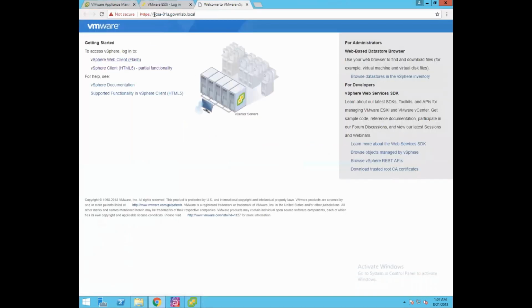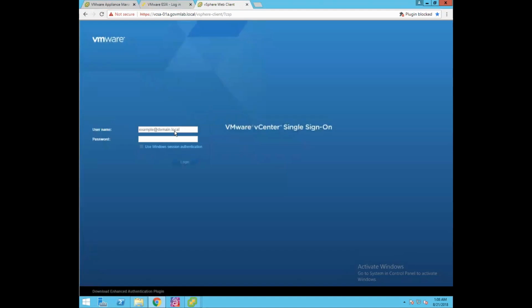So now as you could see, the system name is the same, vcsa-01a.govmlab.local. Click on web client, provide SSO credentials.